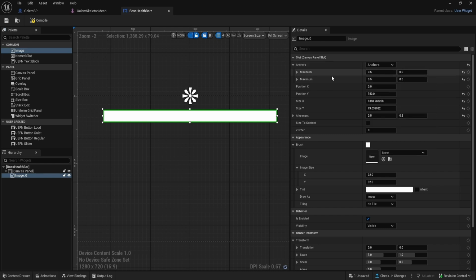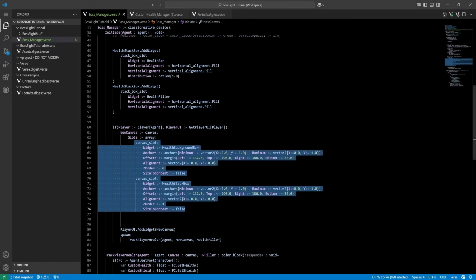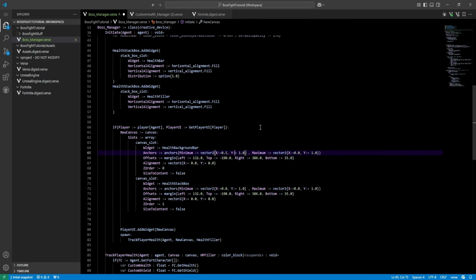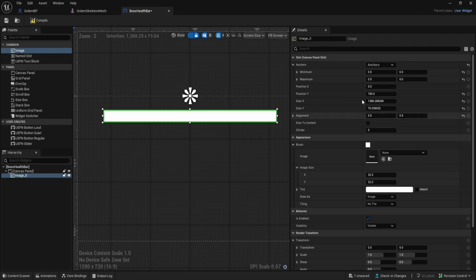So the anchors are going to be 0.5 and 0. So I'll go ahead and change all of the anchors here. Because these two values are all going to be the same, I'm just going to do one and then copy them into the other. The next thing we have to do is the offsets. So I'll go back to here. Our offsets are 0, 150,